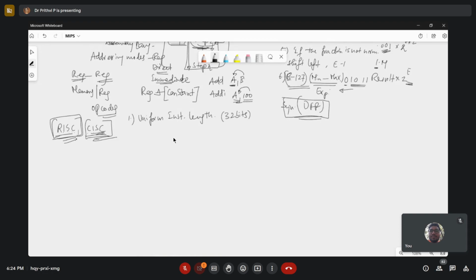Whereas for CISC, it will be varying from 8 to 16 or 16 to 32. That means it depends on the type of instruction. Something like a jump instruction is there, or an arithmetic addition instruction, or a comparison instruction. Depending upon the type of instruction, the CISC instruction will be varying in the code length. Whereas for RISC, whatever may be the instruction, the number of bits in the code will be